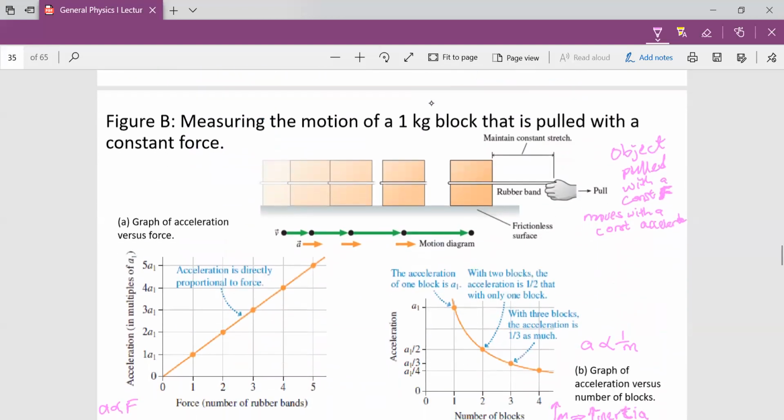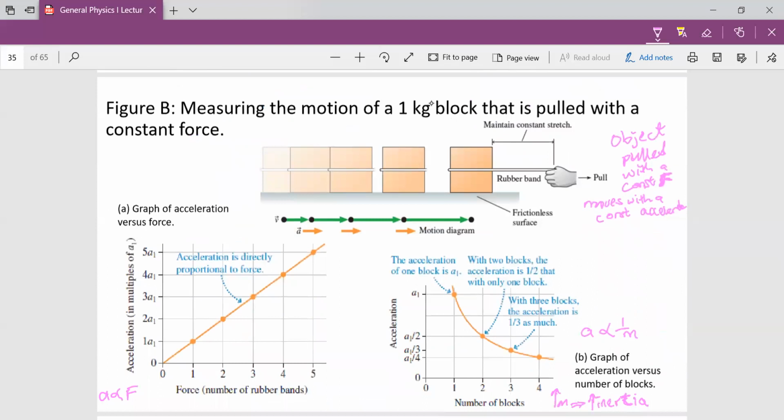But in the second experiment, we discovered something striking. Okay, we use the same rubber band. We have a constant stretch, which we have identified to be 10 meters in the first case. We have several blocks of 1 kg mass. Okay, we pick one of the blocks of 1 kg mass, put it on a frictionless surface, okay, such that